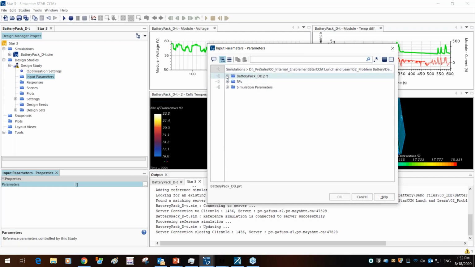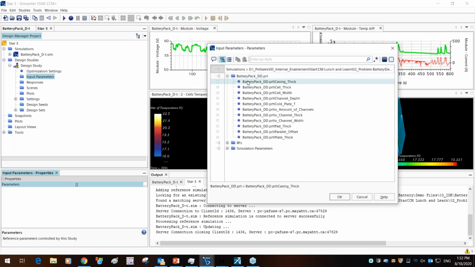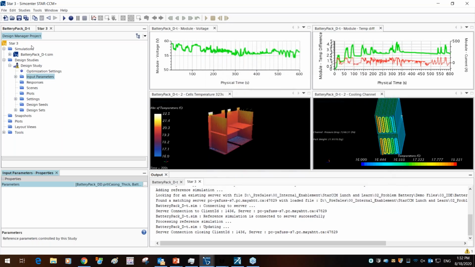All we see is all the different components of the parts. So let's say in terms of the geometry, what would we like to import? We could import, let's say, the channel thickness, the width. Let's say we want to look into the cell width as well. We could also import all the different types of geometry parameters, and we could modify each one of them to drive the design study. So for this case, I'm not going to actually run the study, so select as many input parameters as I want.